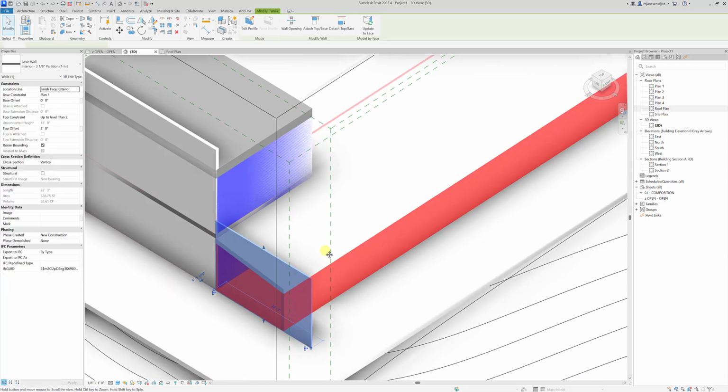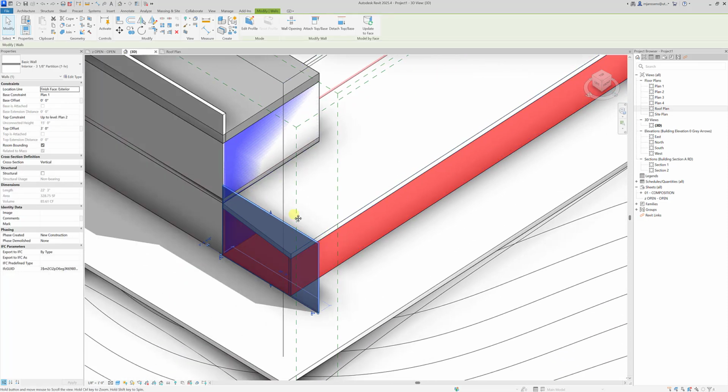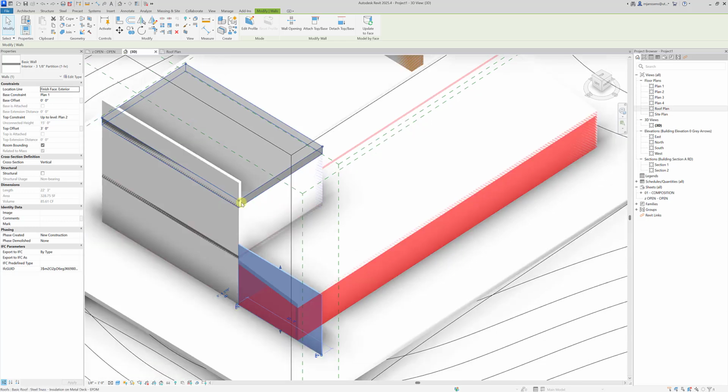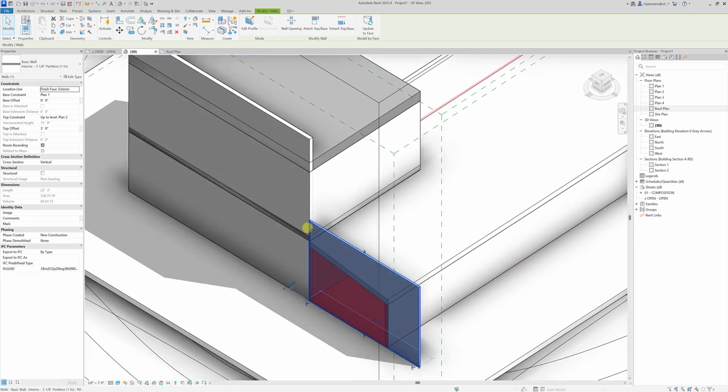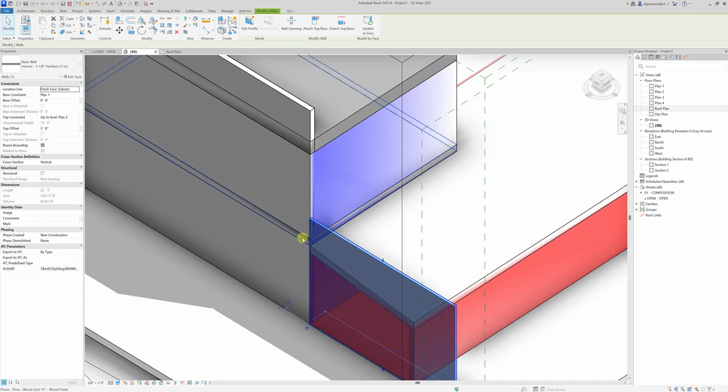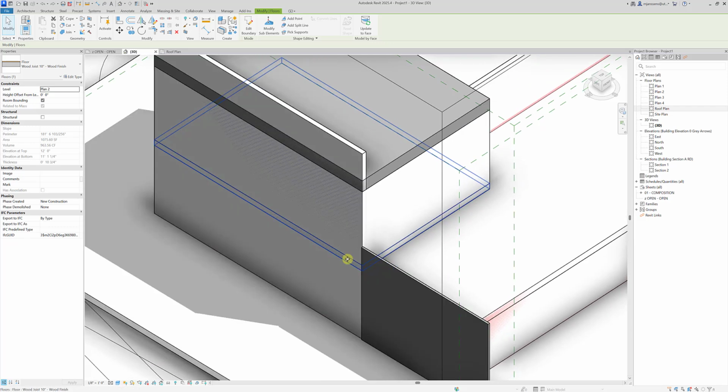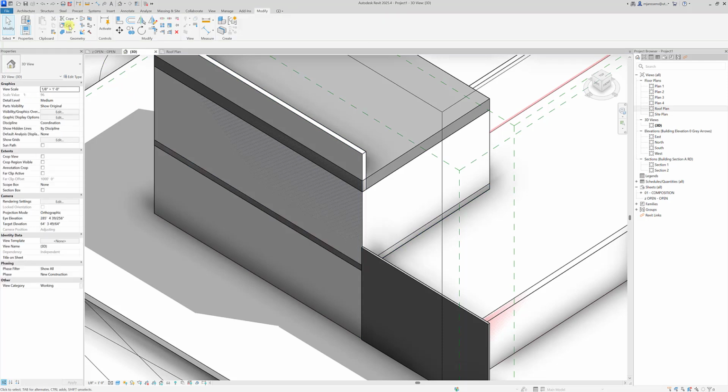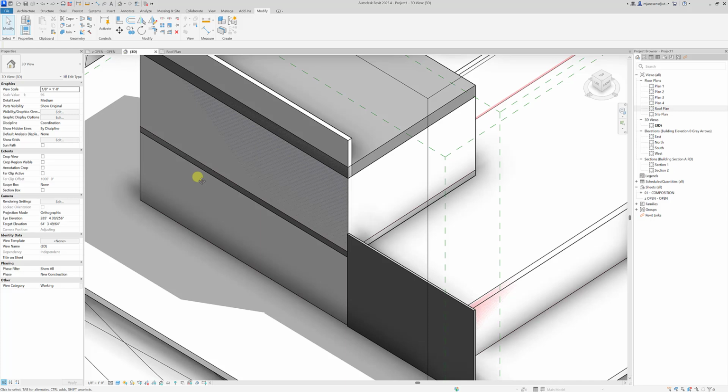We talked about aligning or attaching walls to roofs, and that's a good way to connect things around the border. But when you start to connect walls to floors, you have a different issue. Right here you can see this floor by mass goes through the wall, and what I want to show you is the cut and the join tools. Now these are going to be a little bit of an experiment, a bit of a trial and error. They do similar things, but they sort of do them oppositely,